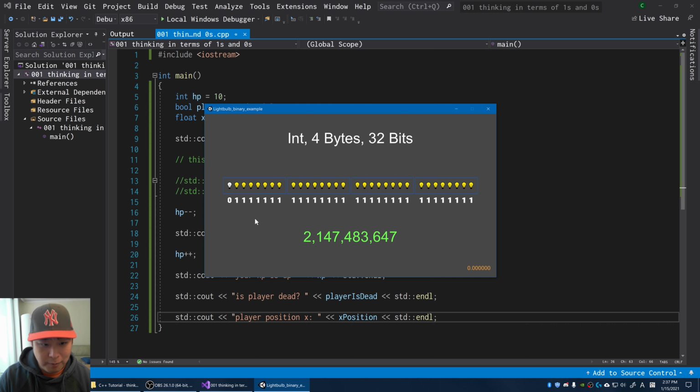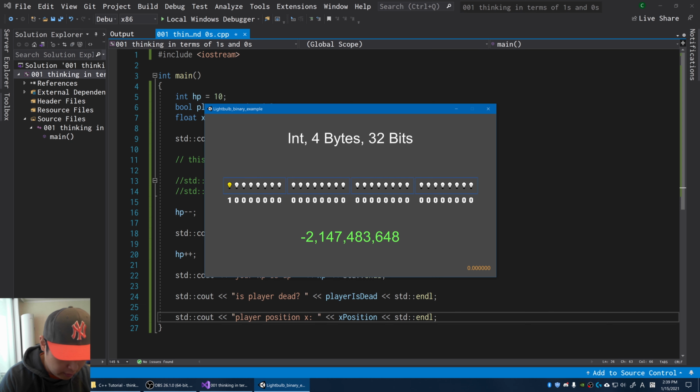And if I go the other way, turn this on, turn everything off, okay, we get negative 2,147,483,648. This last light here represents positive or negative, and you can get any integer between this and the maximum number that I just got.